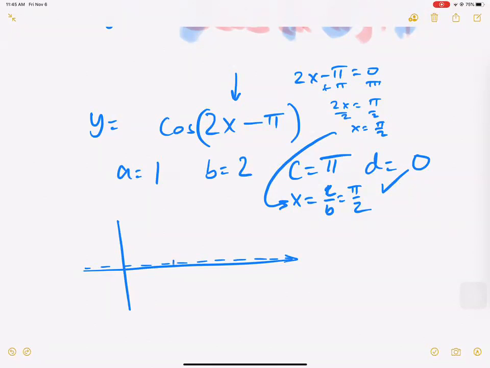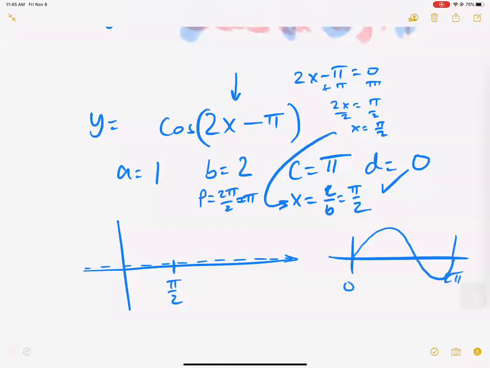I'm going to write pi over 2 right here. I don't know if that's a great place to put it. I'm going to put it here for now. And we're going to talk about why it's there. Let's talk about the next part here. 2 is my frequency, and that relates to period: 2 pi over 2 is equal to pi. That means my graph normally should be at 2 pi. This is what a normal graph should look like. Darn it. But my period here is pi. So we have to finish everything